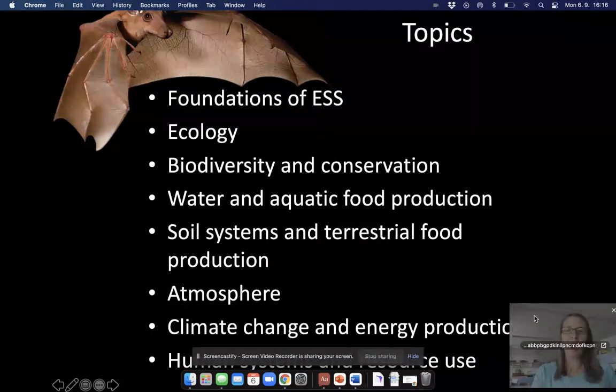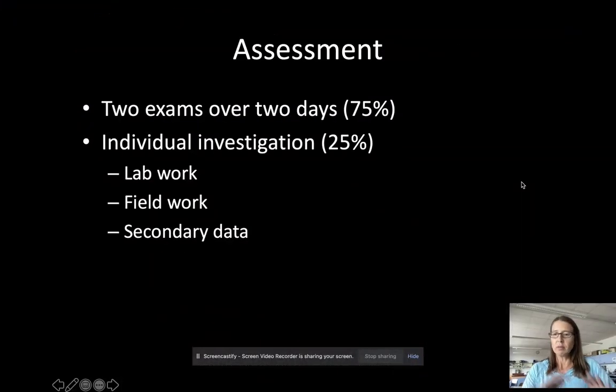Okay, so then when we get back, we're going to be really focused on the IA. Actually, that will be the big thing when we get back from the winter break. We will spend probably a good month really digging in, letting them explore something that's of their interest, because that individual investigation that they do is going to be worth 20% of their overall grade.